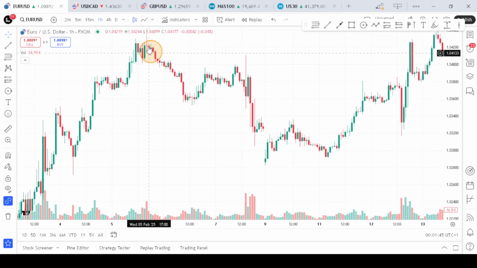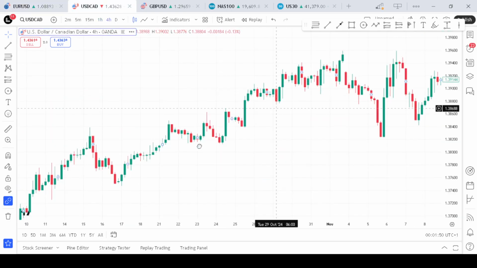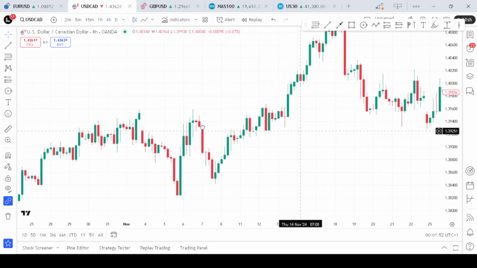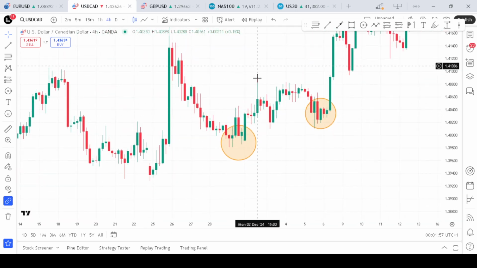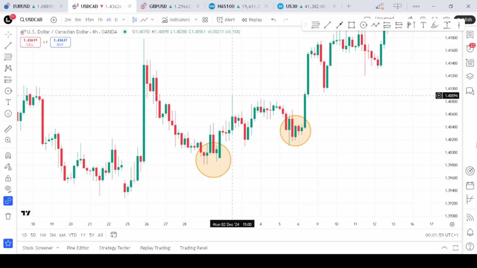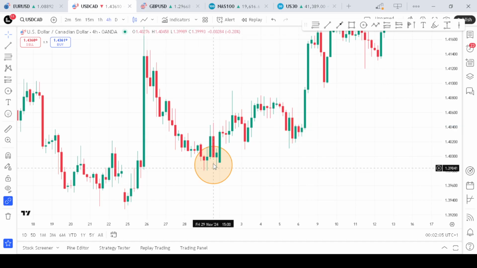Exactly what the hanging man is all about. Now let's see how we can apply this to our trading strategy. For the hammer, your entry point should be after the confirmation of the next candle. Now, to know where you would enter, when you spot your hammer candlestick, you can see a hammer here and